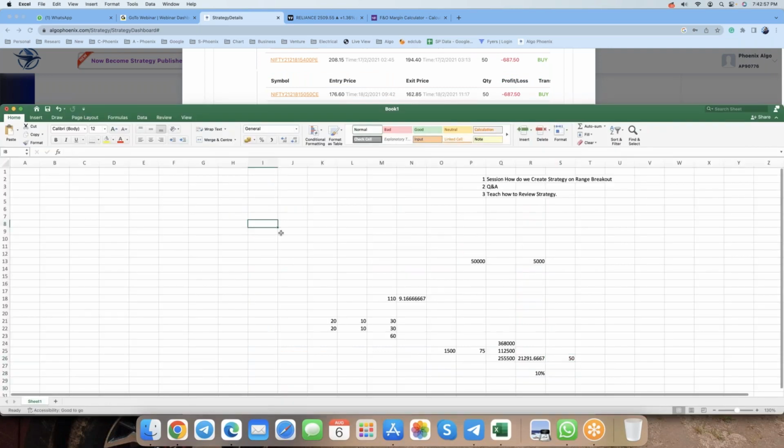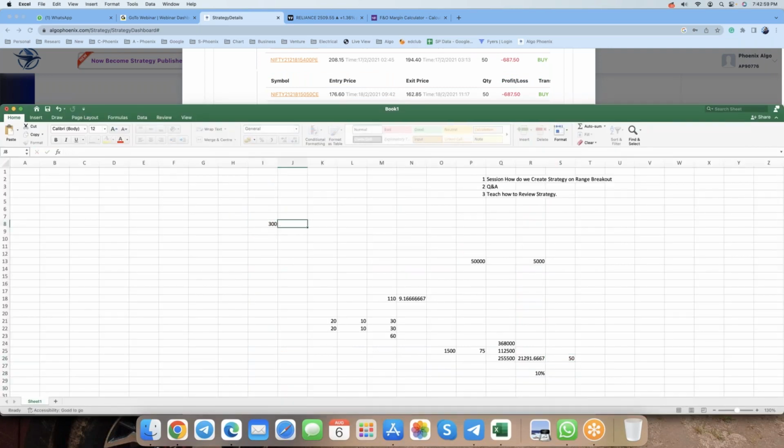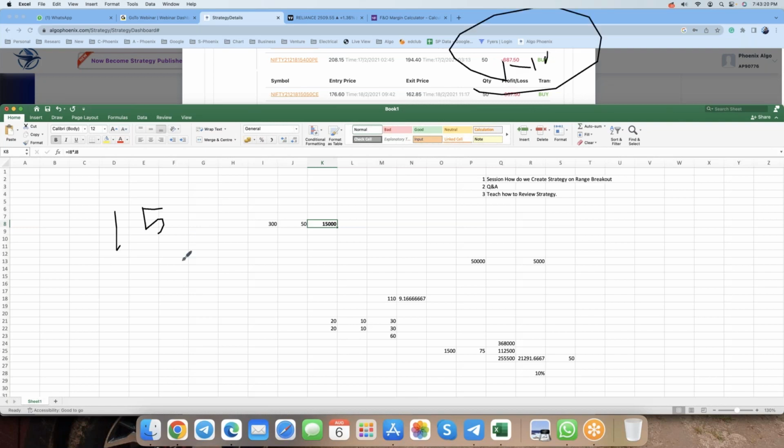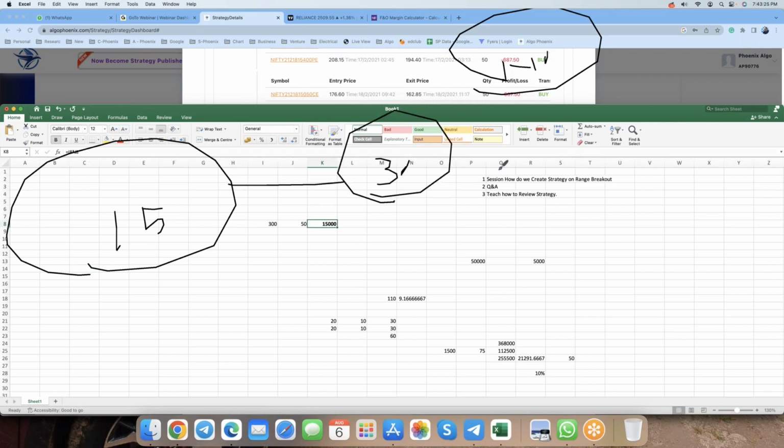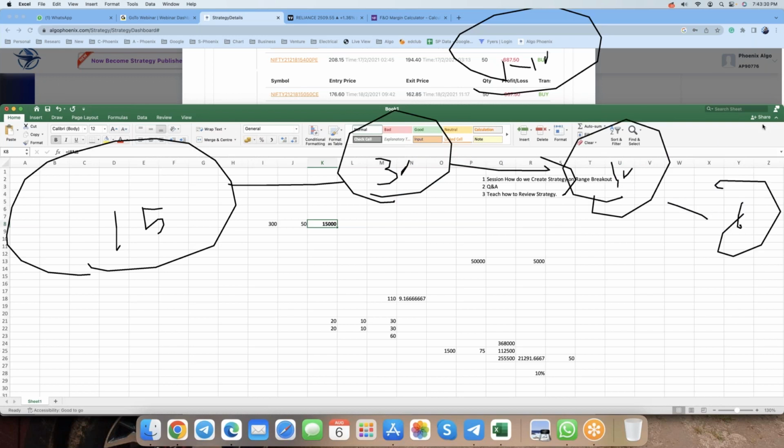So 300 rupees into 50 is what is required for Nifty. So 15,000 is the maximum investment the system will consume. It will not consume more than 15,000 rupees at any point of time. If you're lucky enough and don't hit a stop loss in the first 5 to 10 days after deploying it, then 15,000 capital is far sufficient. It will become 30k by 1 month, 45k by the second month, 60k by the third month, because the profit month on month is extremely high in